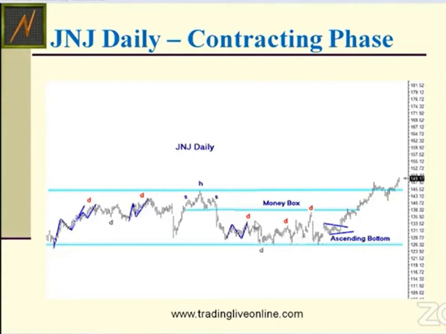What I did was, instead of marking in all the A, B, C, D, I just put the sell patterns with the D completion in red and the buy points in green on A, B, C, D. So we didn't clutter everything too much. But we have the money box, or little money box pattern down here sideways. We have an ascending bottom type of pattern